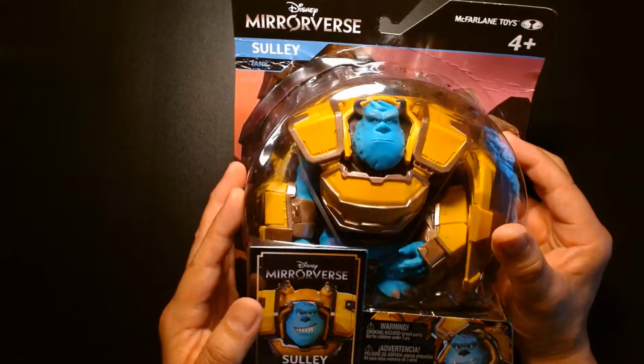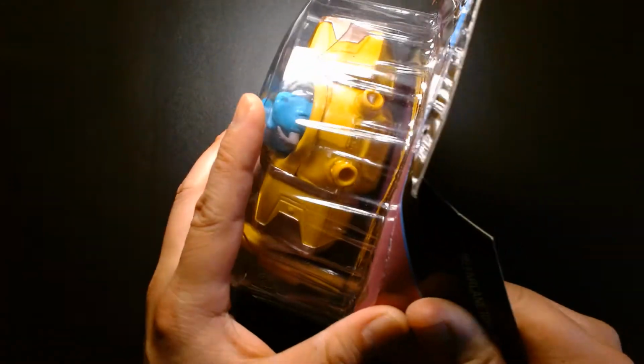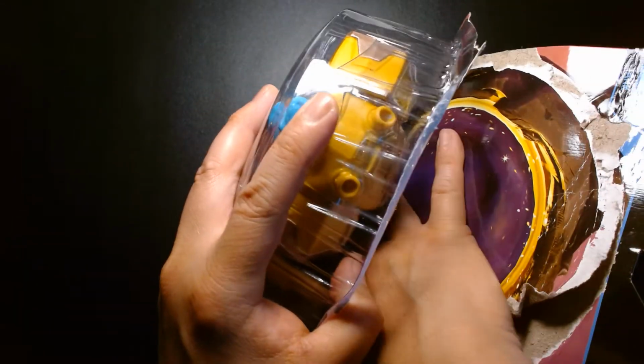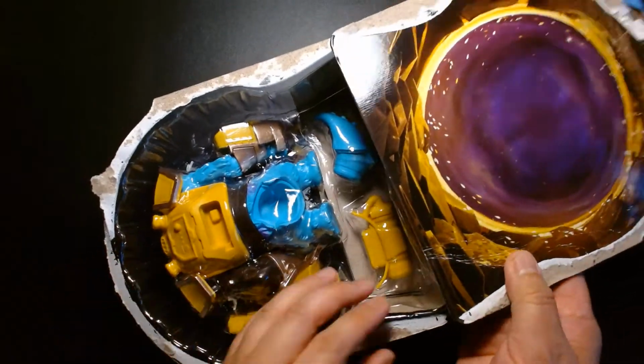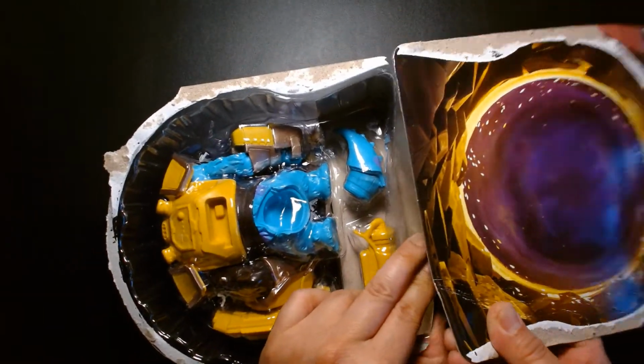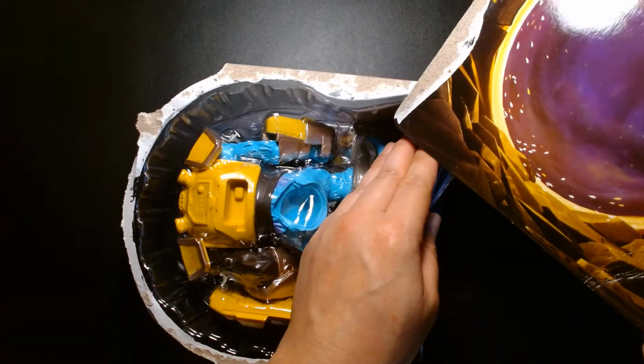Okay, so we're gonna open up Sulley. I'm really excited about this. I'm really looking forward to finding the other figures in the wave, because I really want to get those loose also. One thing I mentioned in my other videos is that one reason why I'm also holding off on opening these is because I believe